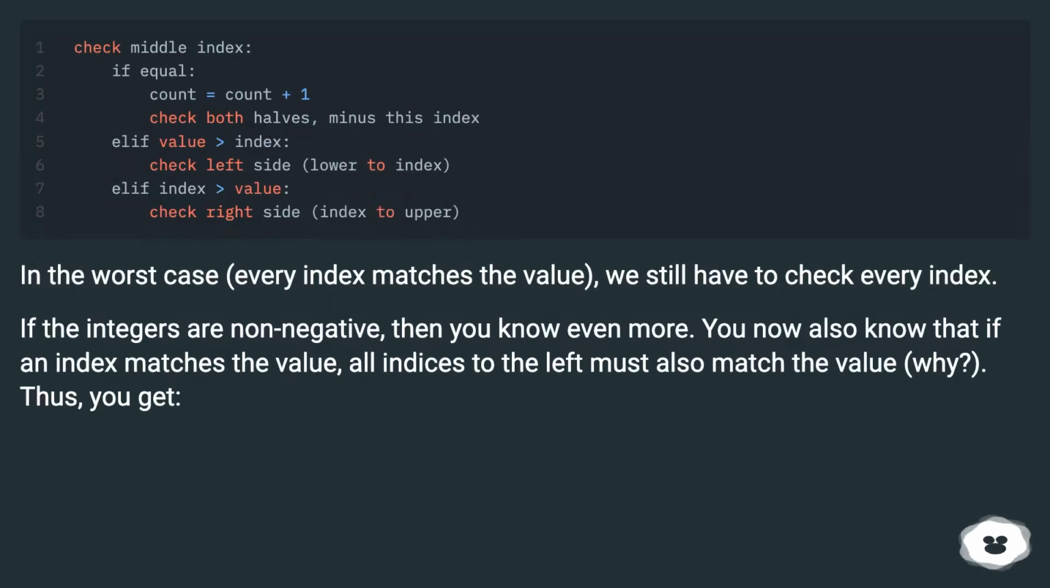In the worst case, every index matches the value, we still have to check every index. If the integers are non-negative, then you know even more. You now also know that if an index matches the value, all indices to the left must also match the value. Thus, you get